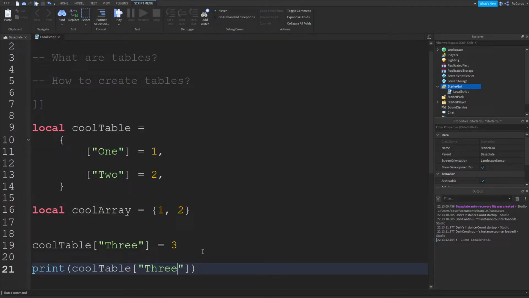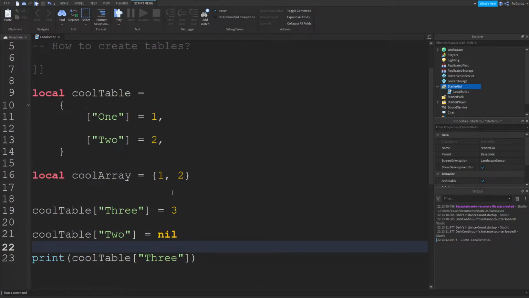Well, really simple. We create the item 3 and we want to remove the item 2. To remove something, you just call it up the same way, and instead of giving it a value or changing something, you just give it a value of nil. So if an entry in a table has a value of nil, it does not exist, it will get removed.